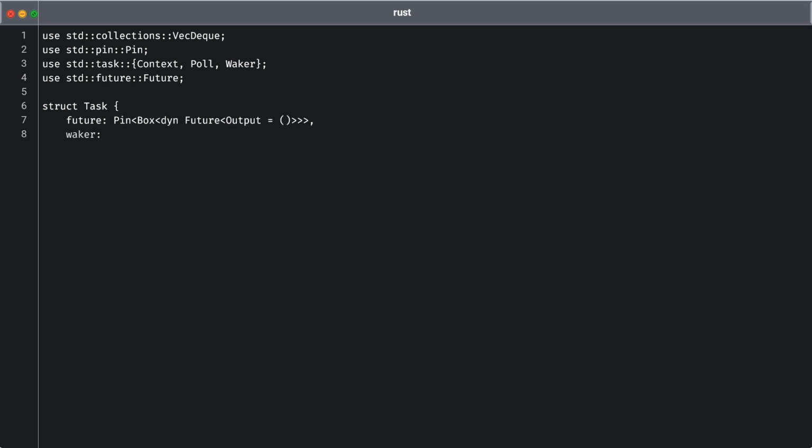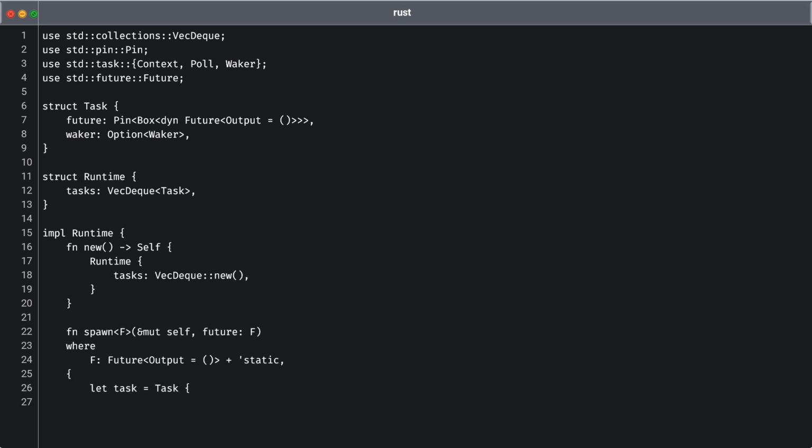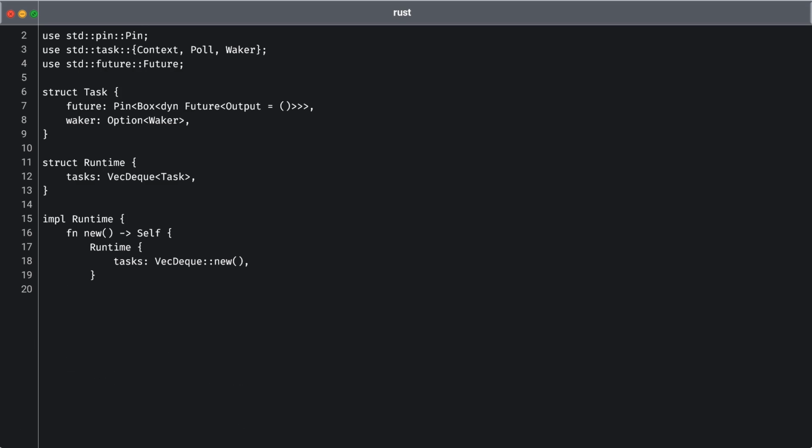Next, we define the new method, which sets up a fresh runtime by creating an empty task queue. This is where our newly defined tasks will be stored for future monitoring and execution. Now let's implement the spawn method, which is critical for adding new tasks to our runtime. By accepting a future as an argument, this method wraps the future in a task object, pinning it safely inside